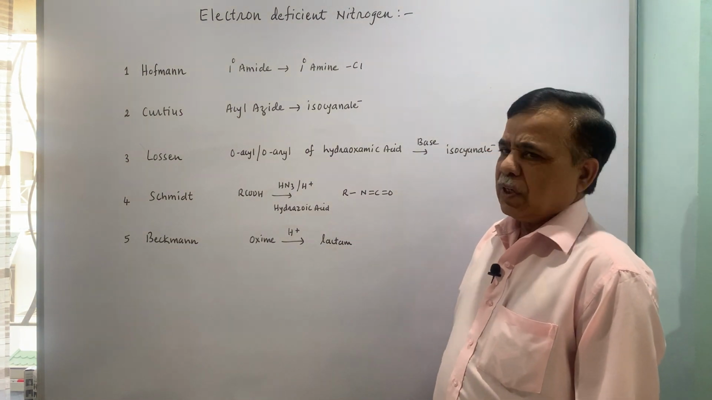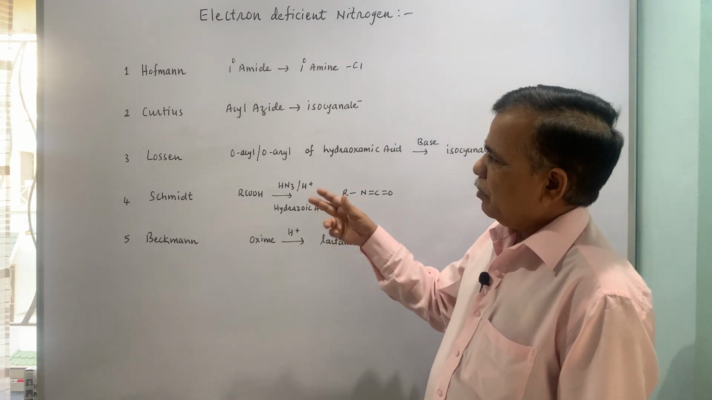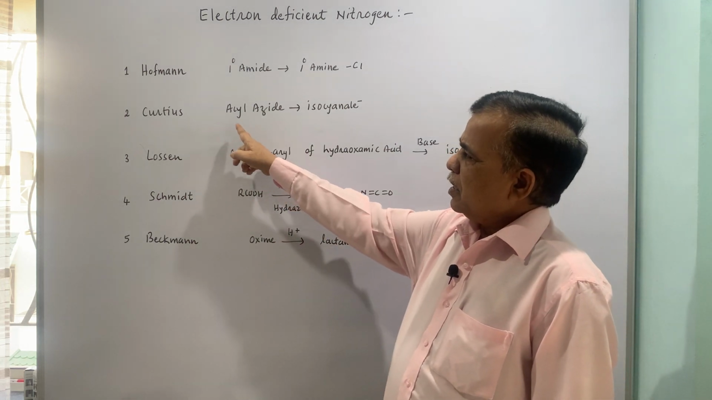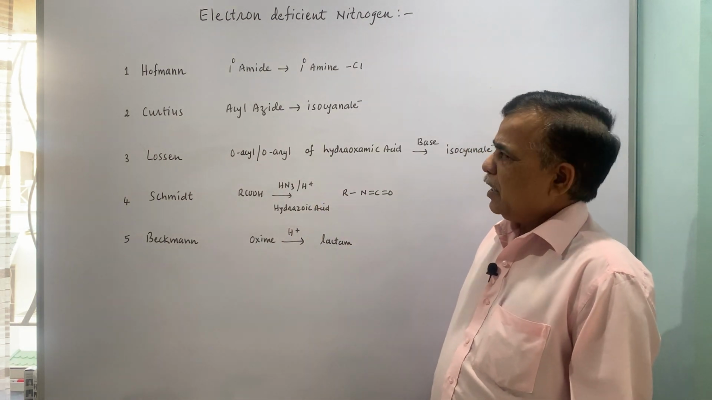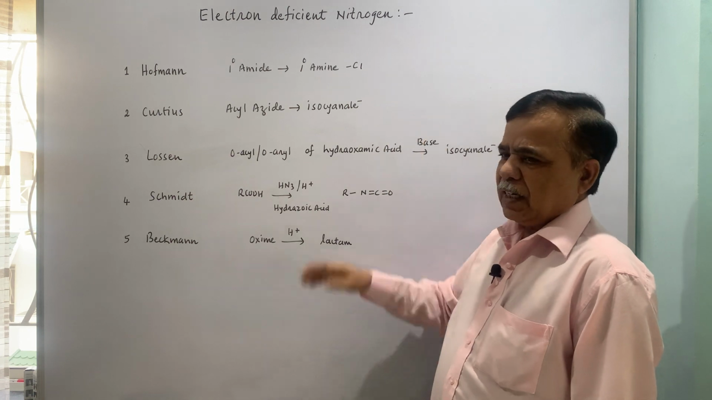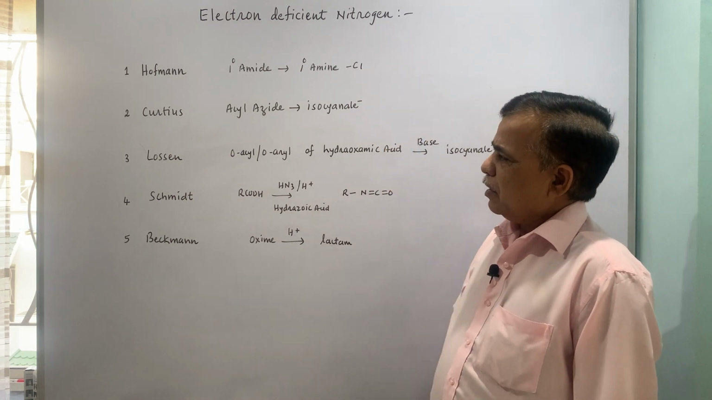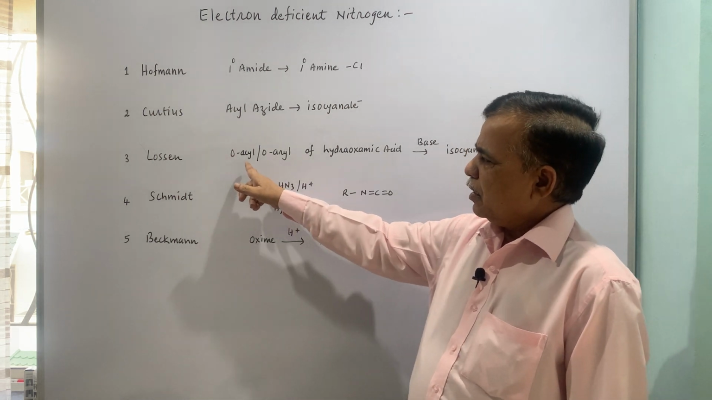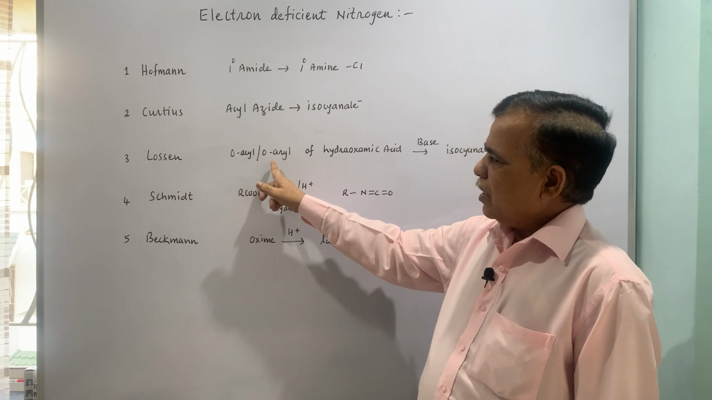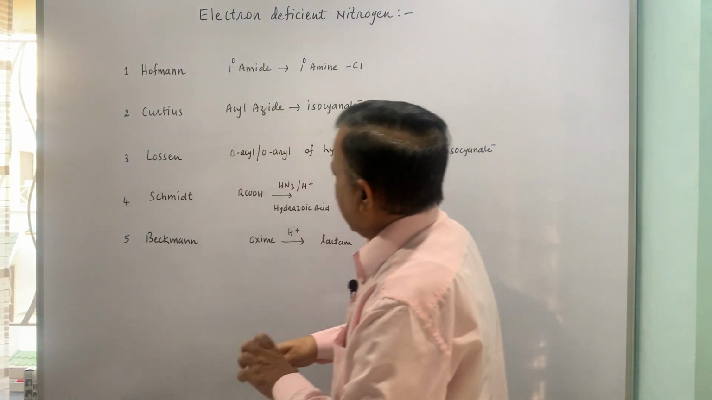So, this is also known as Hofmann's degradation reaction. We will see the example immediately after this. Curtius rearrangement, wherein acyl azides are treated with heat and you get isocyanate that can be processed to primary amine and loss of CO2. Lossen rearrangement is when O-acyl or O-aryl